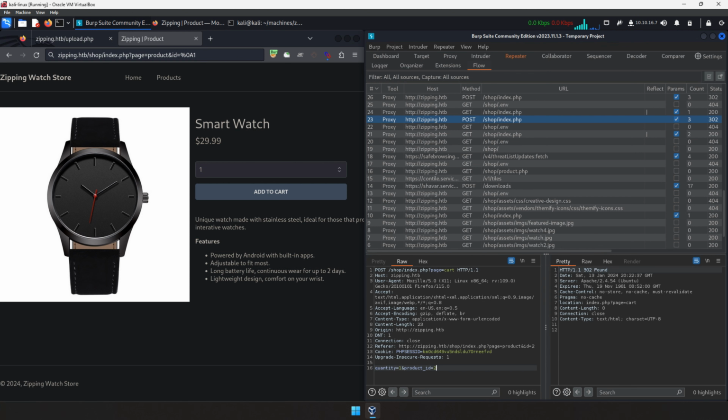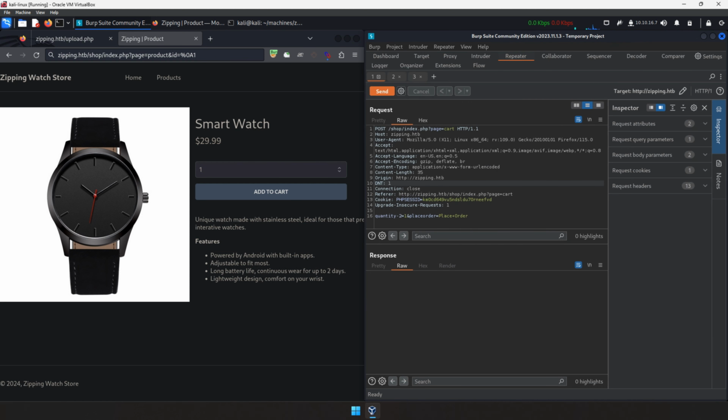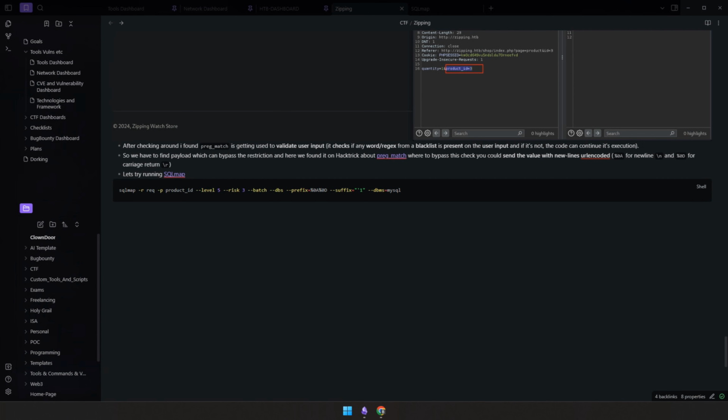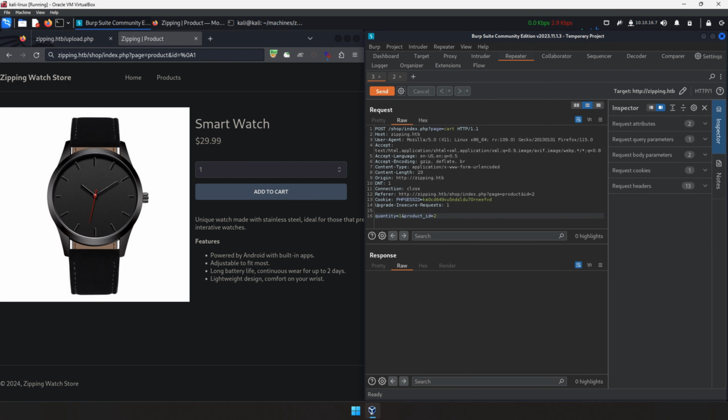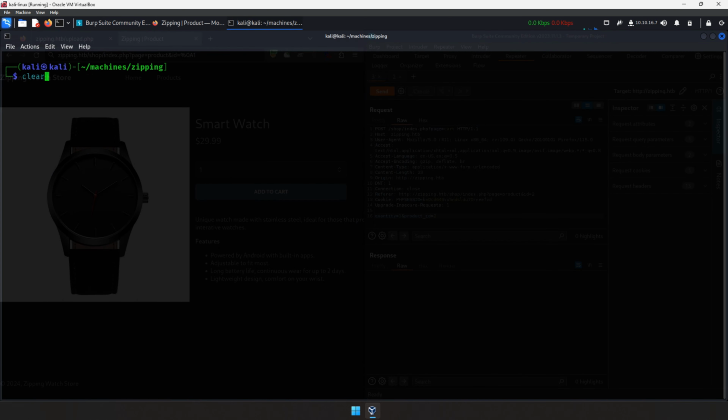Let's send it to repeater. Now we have the request. We can remove this request. And over here, if I put anything in this parameter, it didn't work for me, at least. I'm not sure if it works for others, but it didn't work for me. So in this request, I guess we can try delivering some data, but before that,